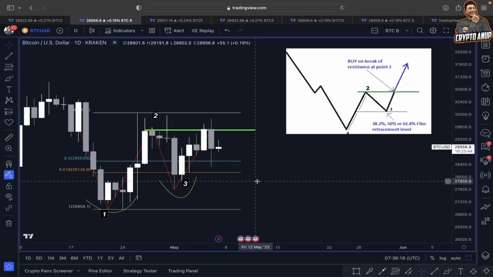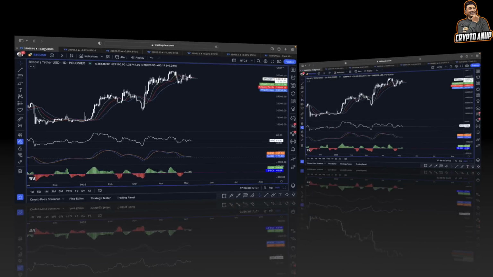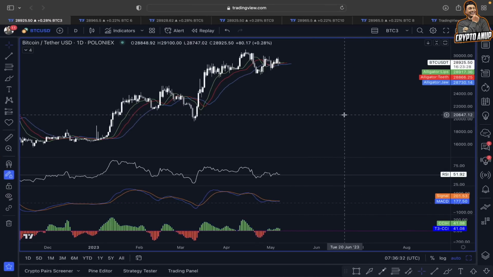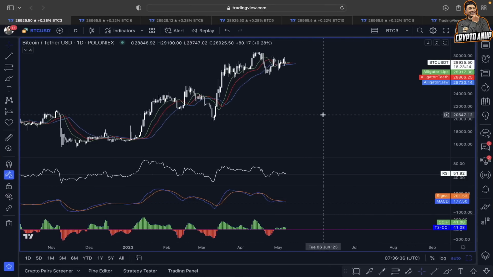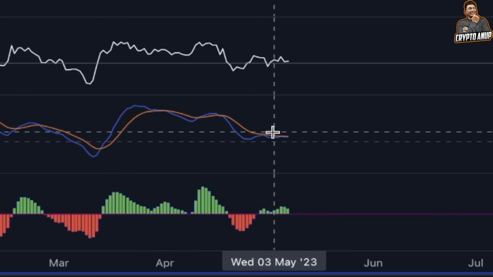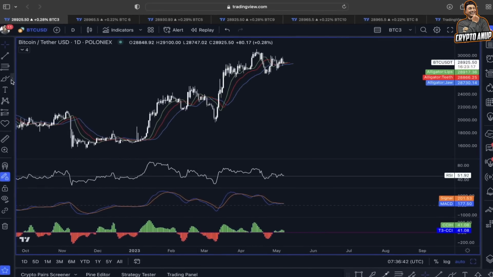But has this bullish scenario got invalidated because the price now is hovering around the 28,900, 28,700 range? No guys. Why? Because if you look at the price structure here, before we talk about this 1 2 3 reversal pattern, if you simply look at this Williams Alligator indicator along with the RSI, MACD and T3CCI,